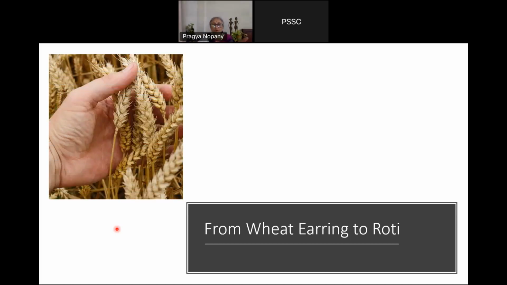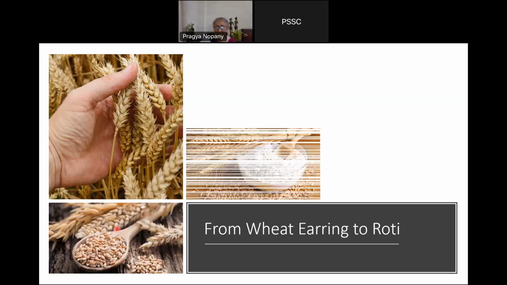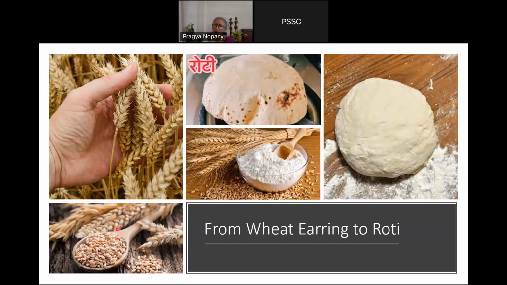So do they understand that in this transformation of wheat growing in the agricultural fields to becoming a roti, there is a whole process, and we can show them these pictures and tell them to tell you how it becomes a roti, how it becomes a chapati. So they will tell us that the farmers grow wheat in the fields, and then these wheat stalks are broken off, and then they are rubbed to take out the wheat grains, and then the wheat grains are taken